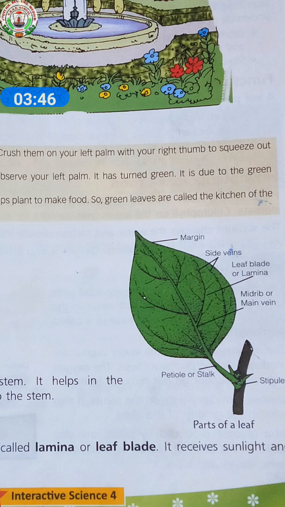So you understand, children? The main vein runs through the middle of the lamina, and many lateral or side veins arise from the main vein. There are two parallel pipelines in the midrib. One pipeline transports water to all the cells of the leaf and another pipeline transports food from the leaf to all parts of the plant. Now one question: what is the midrib in a leaf? So which one is the midrib? The central vein of a leaf is called the midrib.